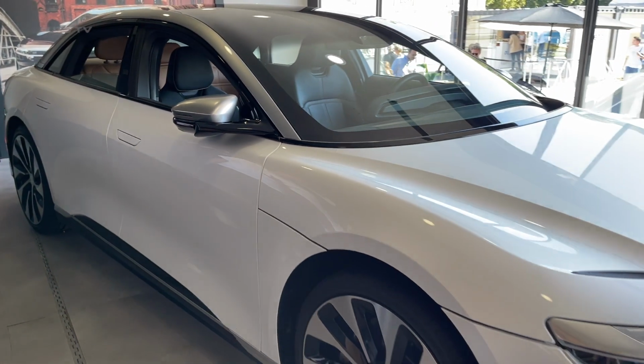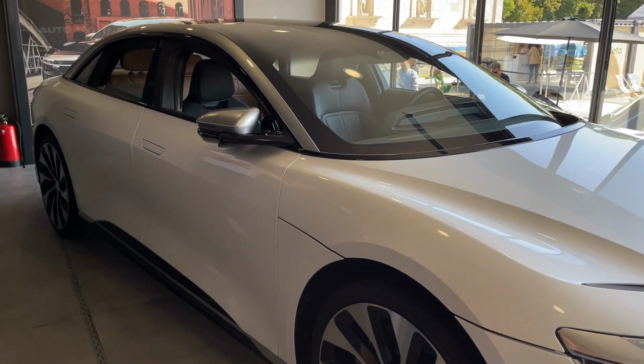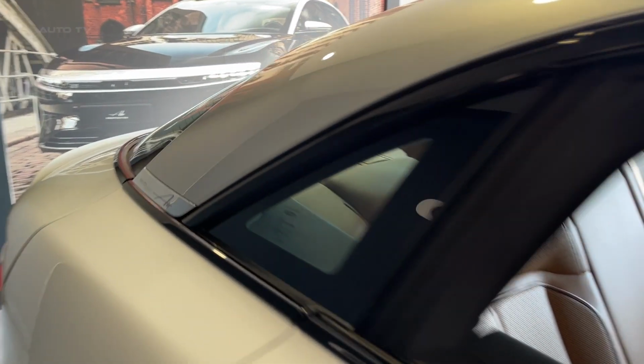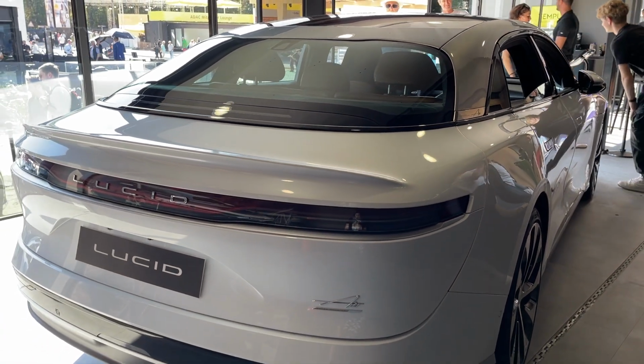Under the hood, the Grand Touring is a powerhouse. It's equipped with a dual-motor all-wheel drive drivetrain that churns out a staggering 1,050 horsepower. This allows it to sprint from a standstill to 60 miles per hour in a mere 2.6 seconds, earning it a spot among the world's fastest sedans. The electric motors ensure that the acceleration is not only swift, but also seamlessly smooth, providing drivers with a thrilling